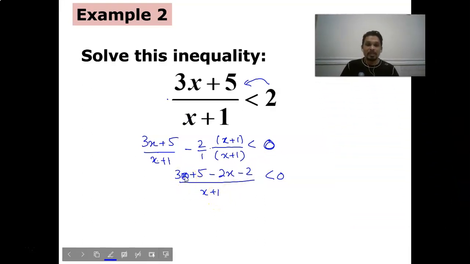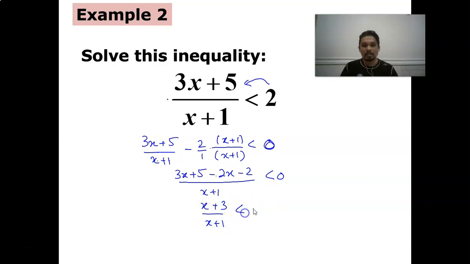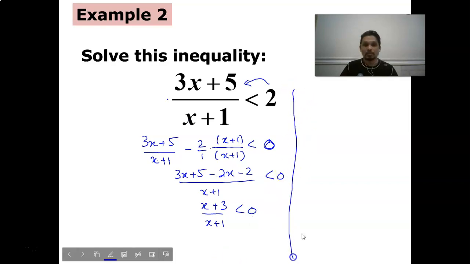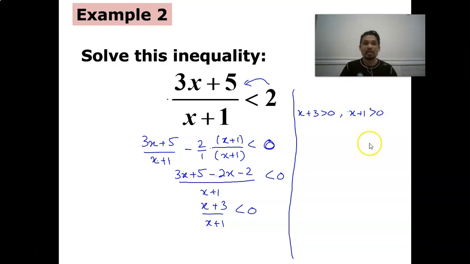Okay, 3x minus 2x, x. 5 minus 2, 3 divided by x plus 1, less than 0. Okay, so now we got x plus 3 greater than 0. Let both of these be greater than 0 and x plus 1 greater than 0. Okay,